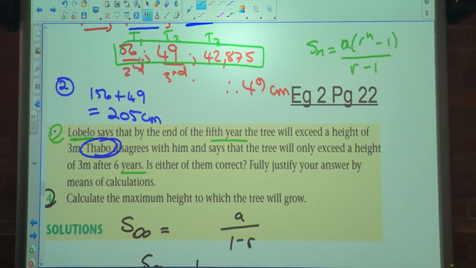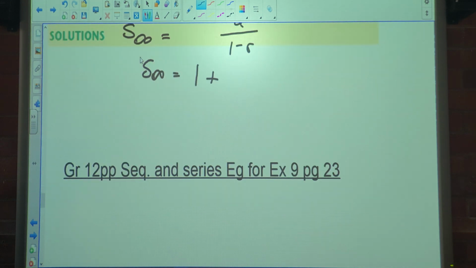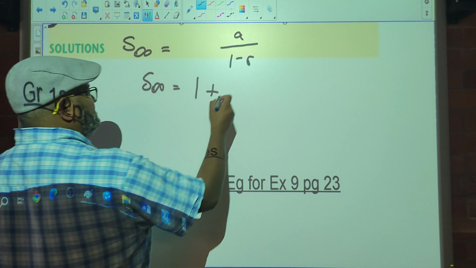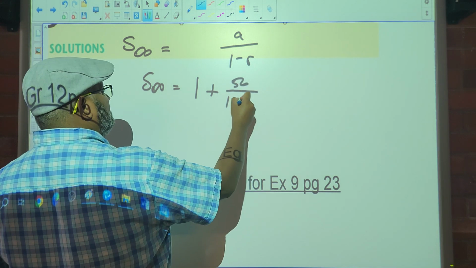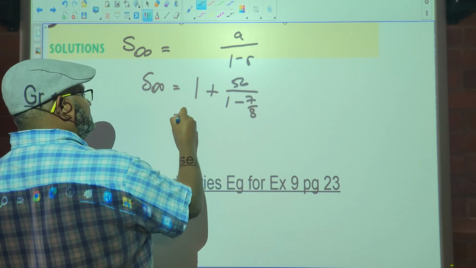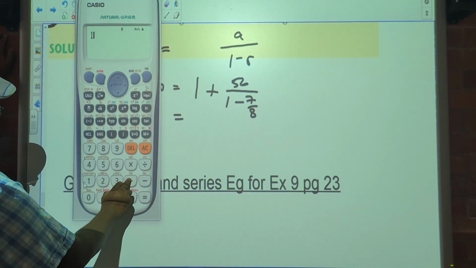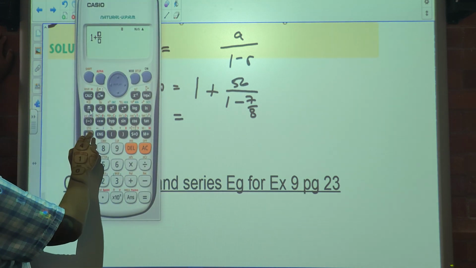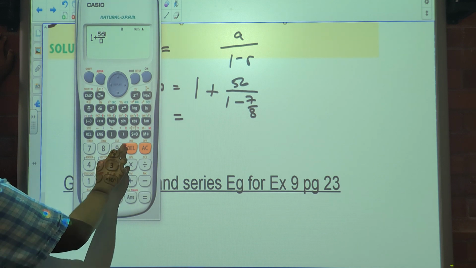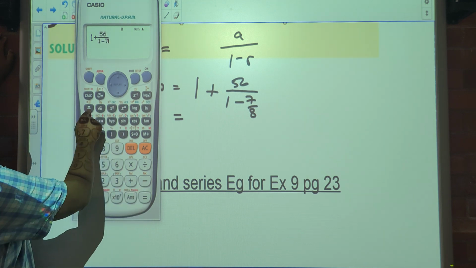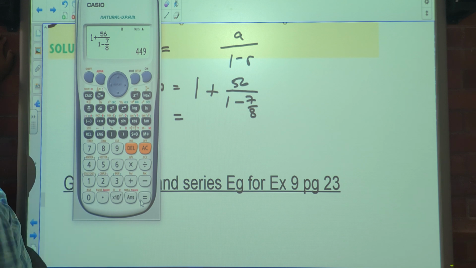What's your r value? 7/8. So it's 56 divided by 1 minus 7/8. The maximum height this tree would reach is 1 plus the fraction 56 over 1 minus 7/8. Gives you 400 and